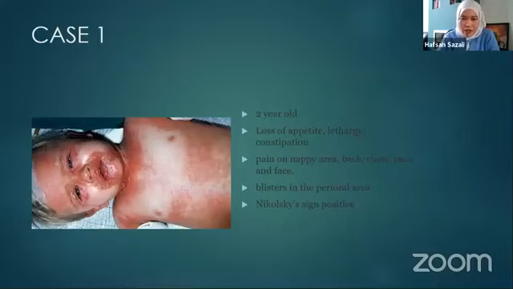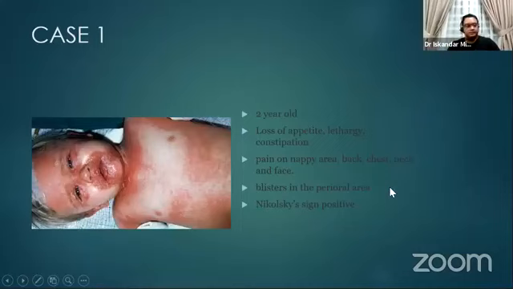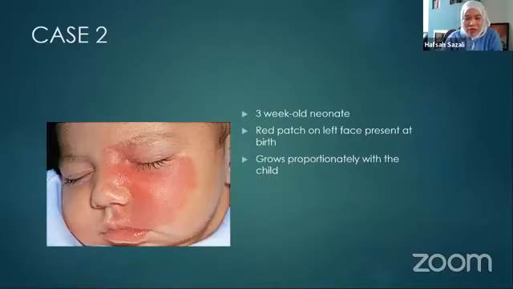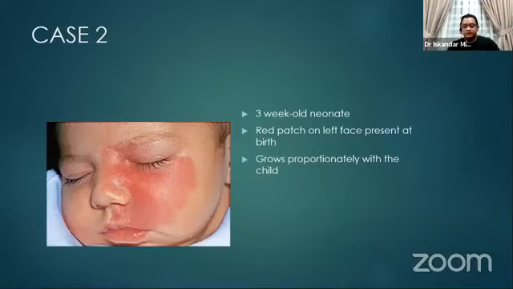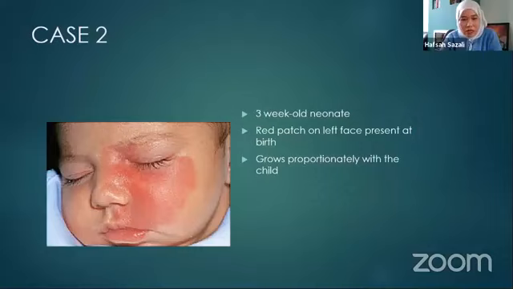Okay, noted. Okay, for the second case, Dr. Hafsah? So what answers do we get? Okay, we have two answers. One is non-involuting infantile hemangioma. The second one, they put here as Sturge-Weber syndrome because of port wine stain. So basically port wine stain. You cannot diagnose Sturge-Weber syndrome based on the picture, by the way, because it's a syndrome. So that's correct. It is actually port wine stain, and